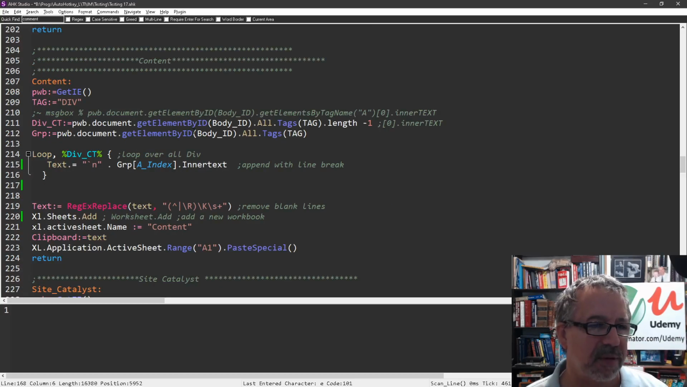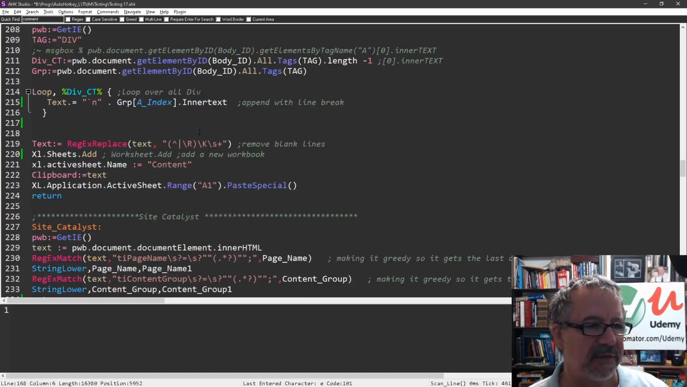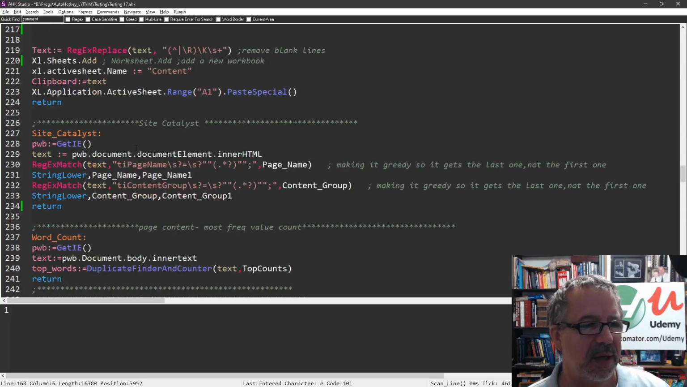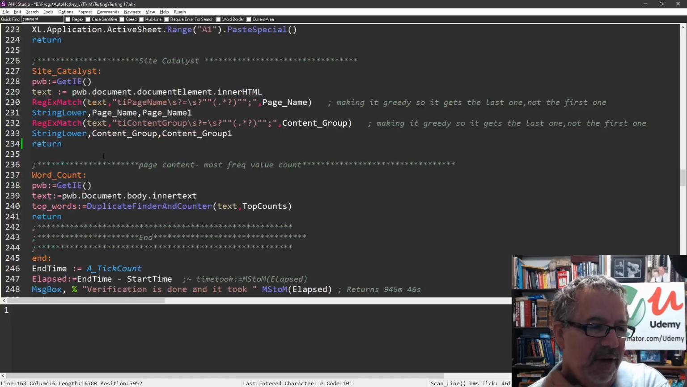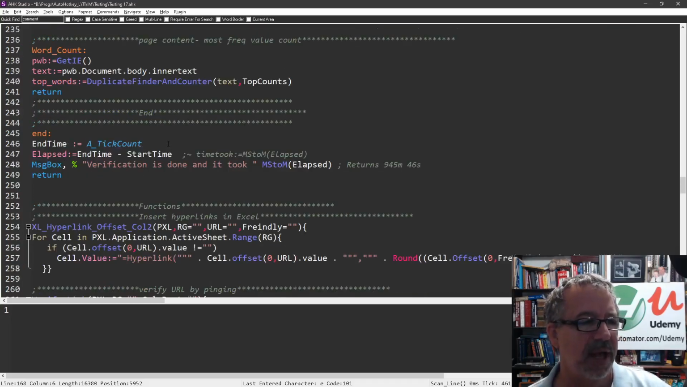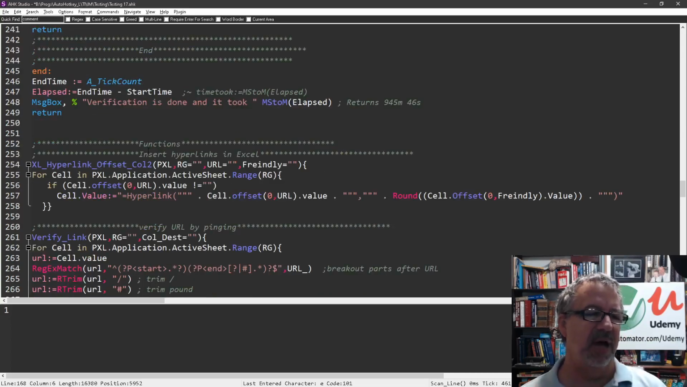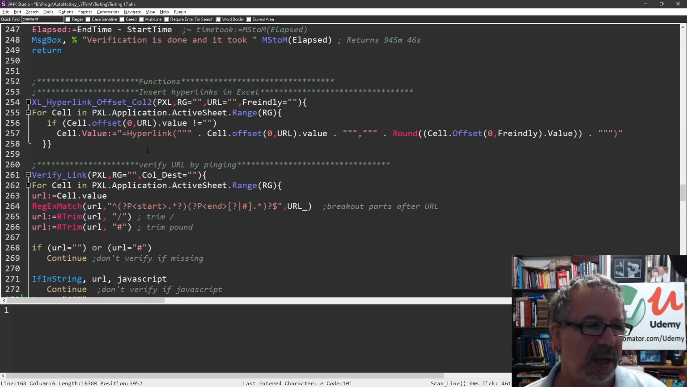And here looks like we're getting some of the content stuff, looping over it. Get information about Site Catalyst, which is our tagging, of course, and so we would have that available, which was great because that was a critical thing to make sure that it's tagged properly, so our tracking all works. Getting the word count. And I was doing the start and end time just to see how long it took. And here's a function for inserting hyperlinks,